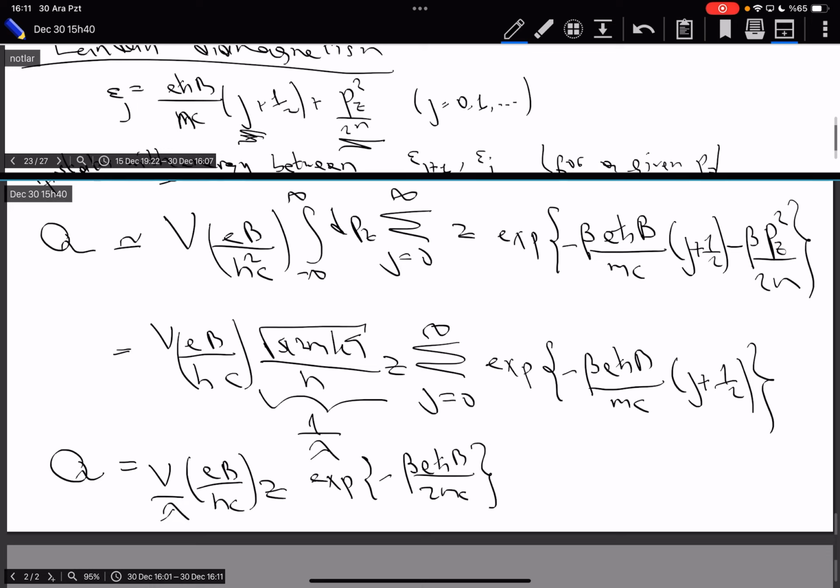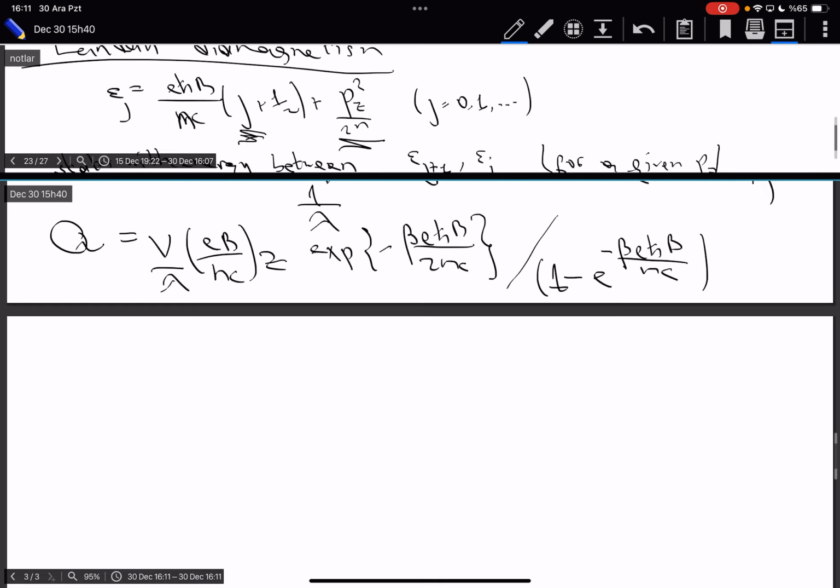This is a constant term. The rest is just some number raised to the power j. So that sum is nothing but 1 minus whatever that number is, which will be V over lambda, EB over HC, Z